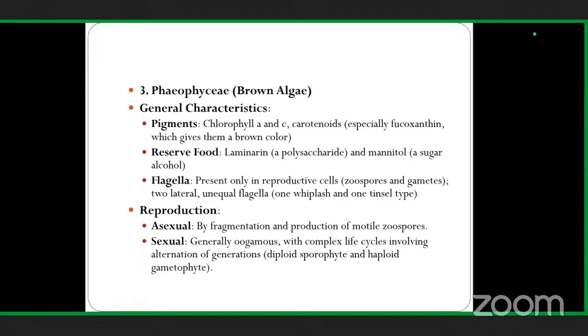So reserve food here is laminarin, a polysaccharide, and mannitol, a sugar alcohol. You must remember the pigment, the reserve food, and what type of flagella is present, because questions are asked mainly on the basis of pigments and reserve food material. So here you will find laminarin, a polysaccharide, and mannitol, a sugar alcohol. This is the reserve food material. Next is flagella, present only in reproductive cells, zoospores and gametes: 2 lateral unequal flagella, 1 whiplash and 1